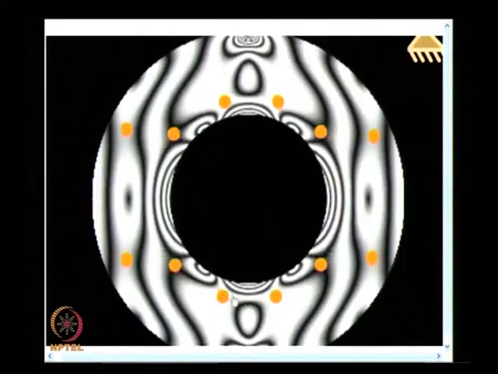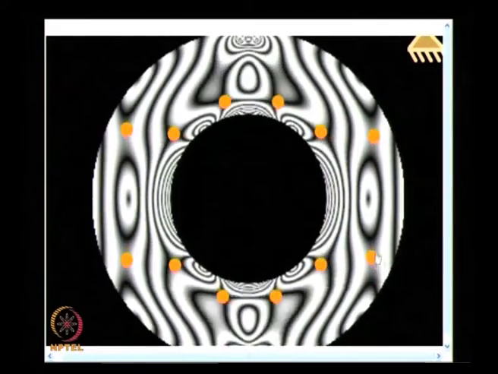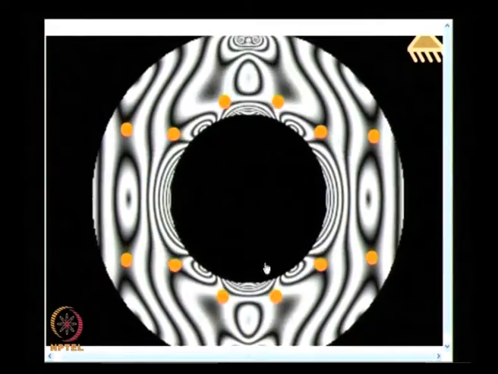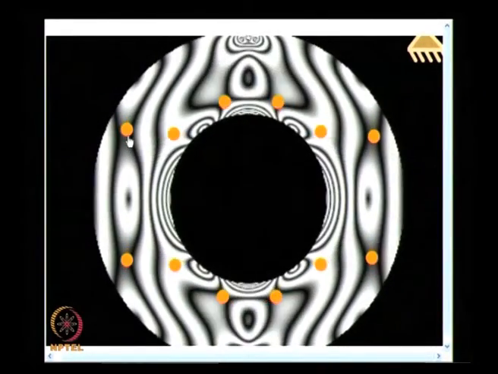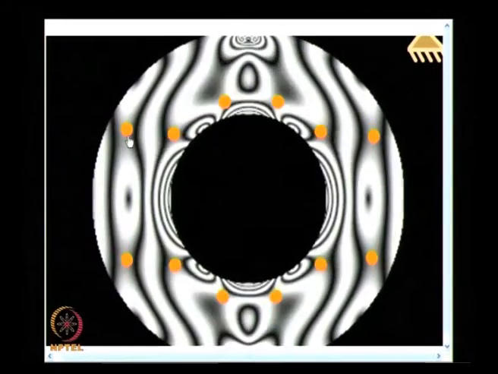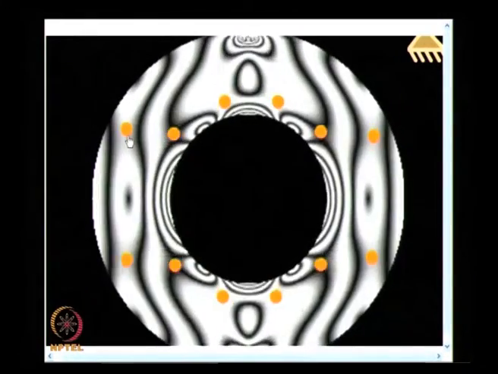So, how many saddle points do I have now? I have 2, 4, 6, 8, 10 and 12 saddle points identified in a ring under diametric compression. And this is more like verifying how to check the ordering of fringes, because at a saddle point we know in one direction the fringe should increase, in another direction the fringe should decrease. So, whether this feature is captured is what you will have to look at.